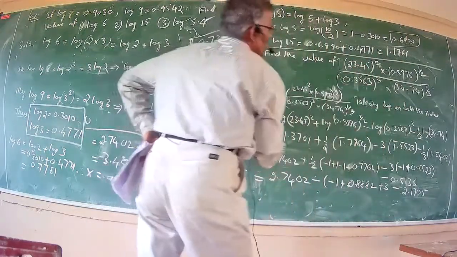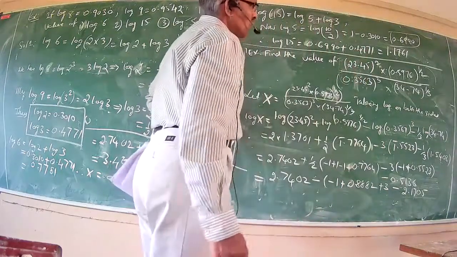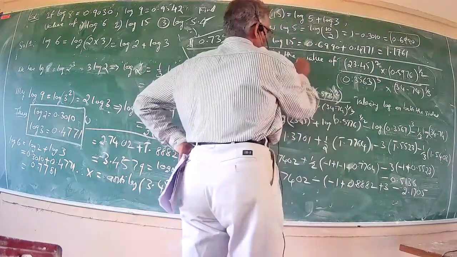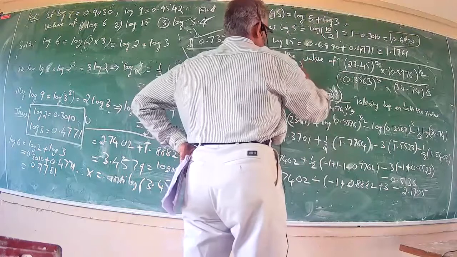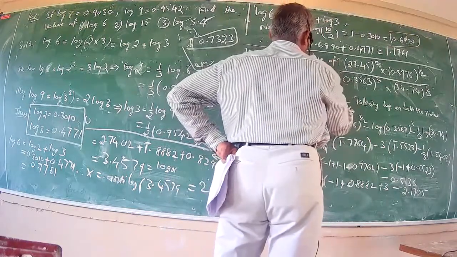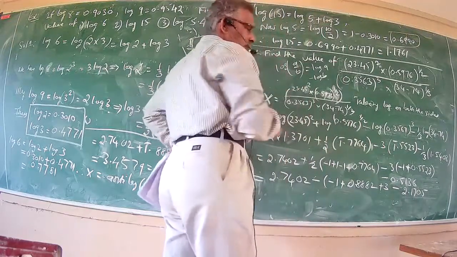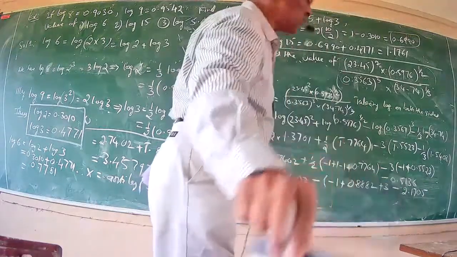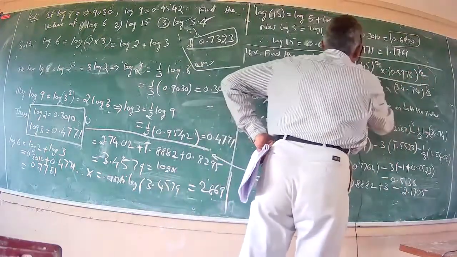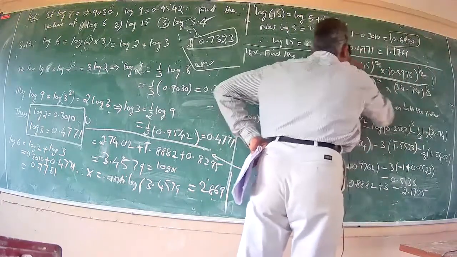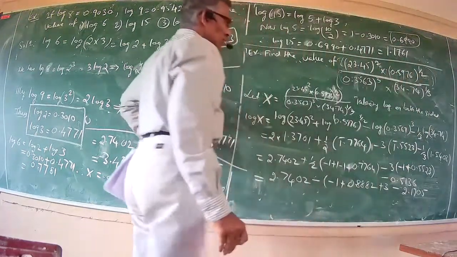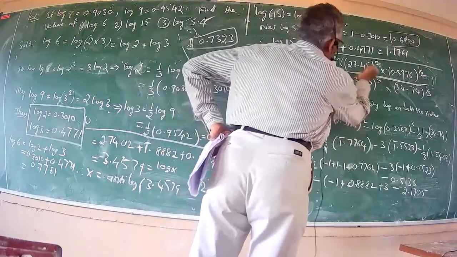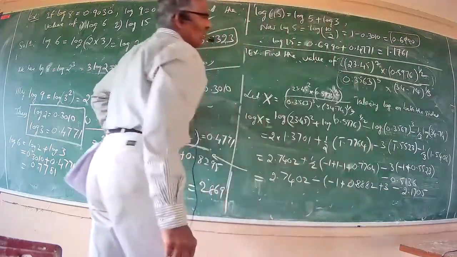There are two steps. First is the numerator and denominator. Here a divided by b. So log of a by b equals log of a minus log of b. Applying that rule, this becomes log of numerator minus log of denominator. So I apply that. So again, see, at each step you have to apply the logarithm.